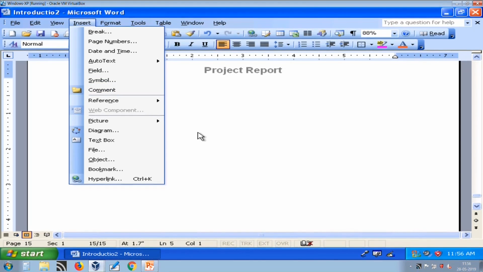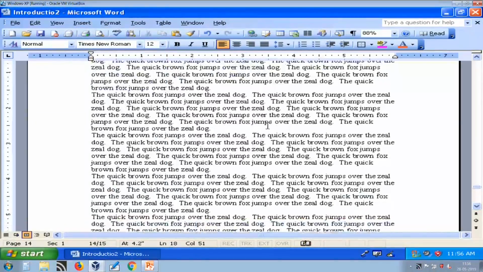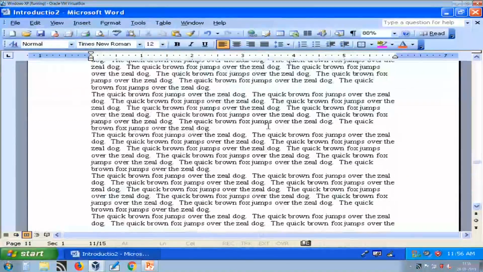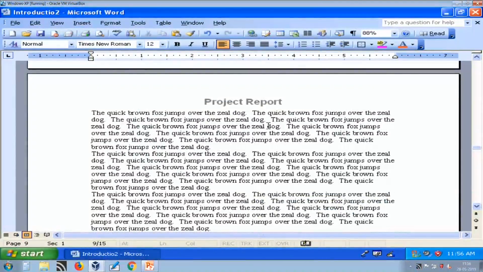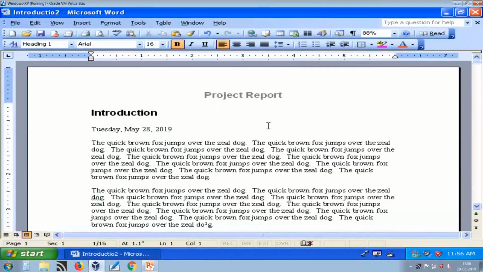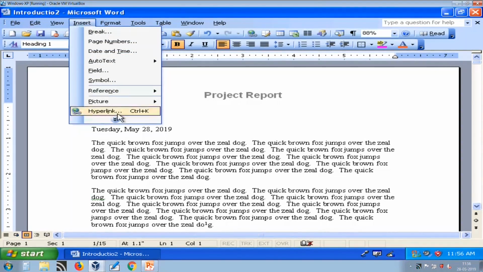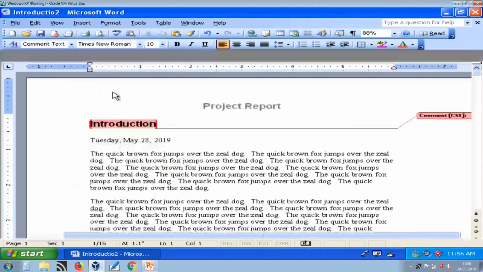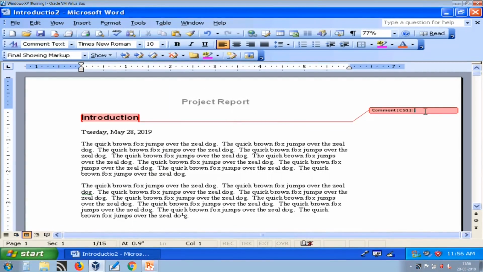Now suppose I am reviewing this document, then I need to give a comment to the author. So whatever comment I want to give, I can use insert and then comment. So here I can type my comment.